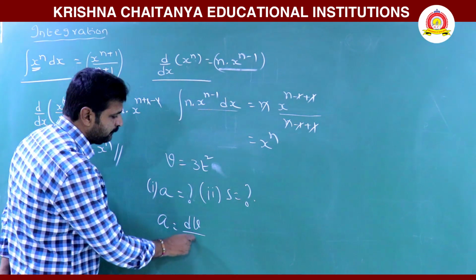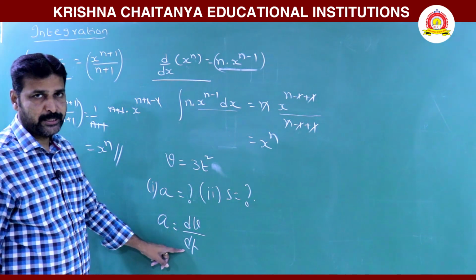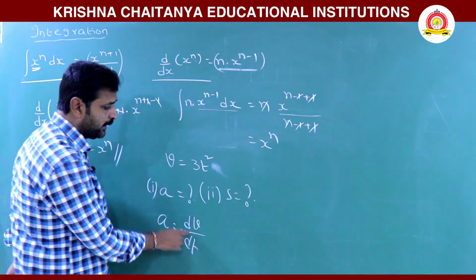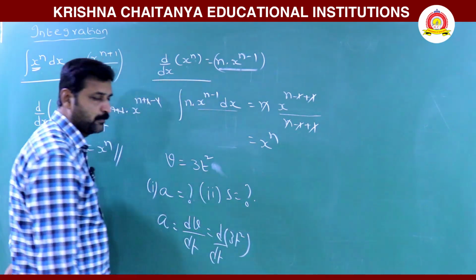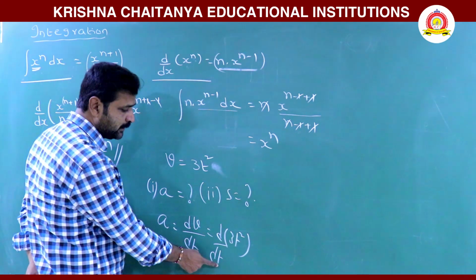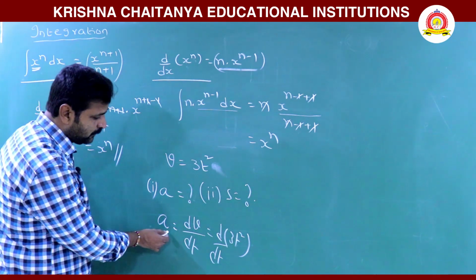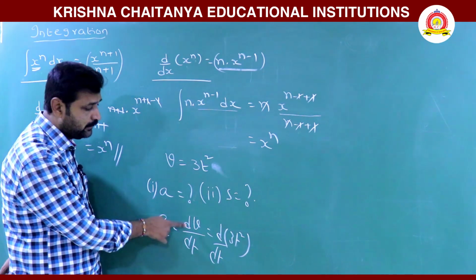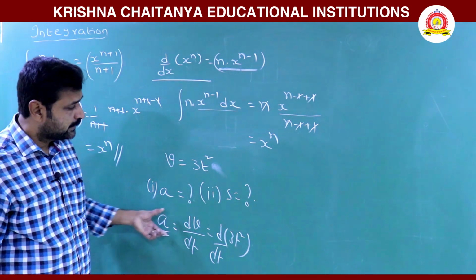The relation between acceleration and velocity is that the change in velocity with respect to the time interval is acceleration. So when velocity is given in terms of time, d by dt of 3t squared, since velocity is time dependent, you can differentiate with respect to time and you will get acceleration. So the physical quantity you are asked for is obtained from a ratio, so here differentiation is taken.